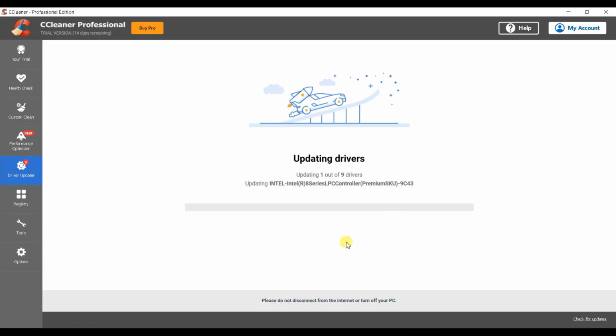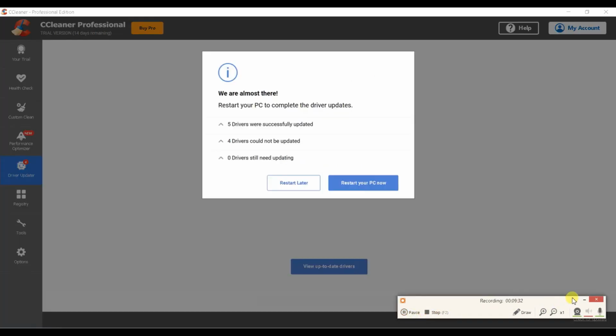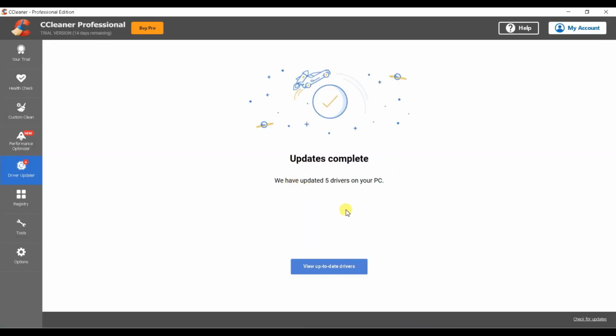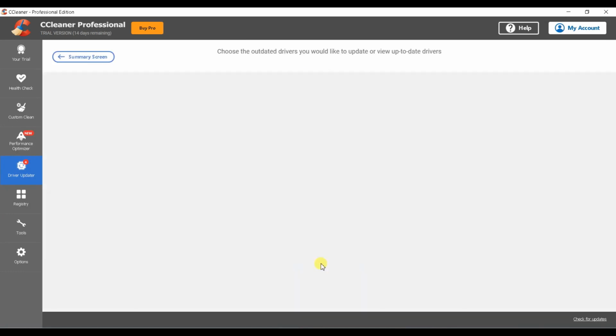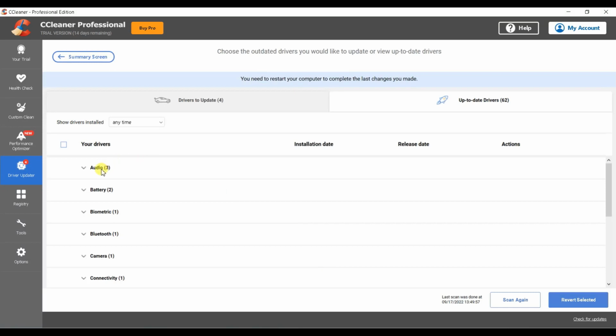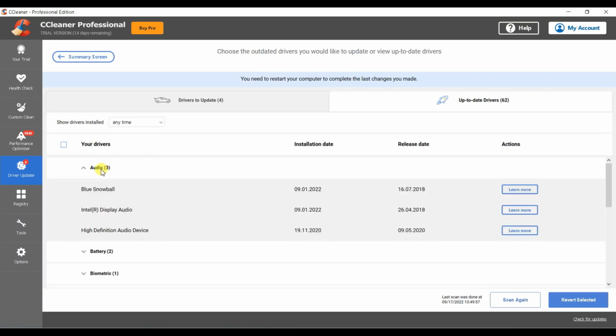So let's let this update for a second here as I pause it. Okay, so I'm resuming it. I would just say just do a restart later. Okay, update's complete. We have updated 5 drivers on your PC. View up-to-date drivers. So it's going to be everything from, see, it even updated the blue snowball, which is